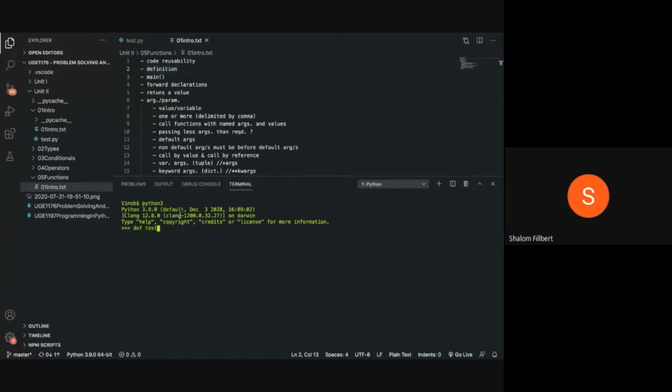If there's an argument, you have to put it there. Yes, def function name, and then you put parentheses, and a colon. Then if you have any parameters or arguments, you pass them in here, and if you have multiple parameters, you delimit them using commas.